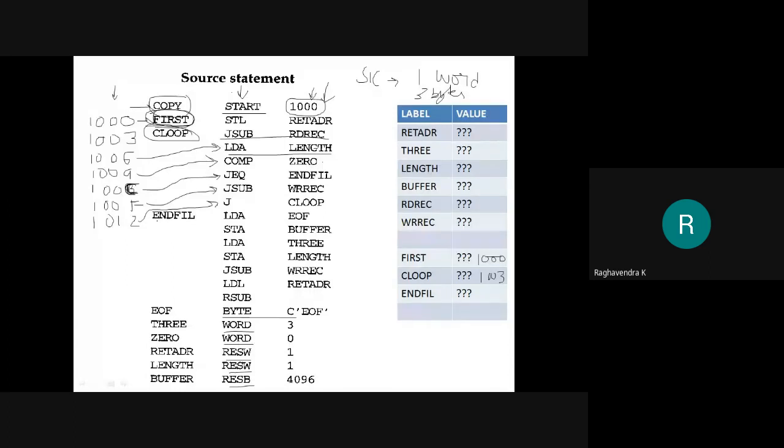Now next instruction, ENDFIL LDA EOF. The instruction is actually LDA EOF, but there is a label present there. So what is the value of this label, ENDFIL, or what is the address assigned for this instruction? So 1012 plus JC loop was 3 bytes, right?